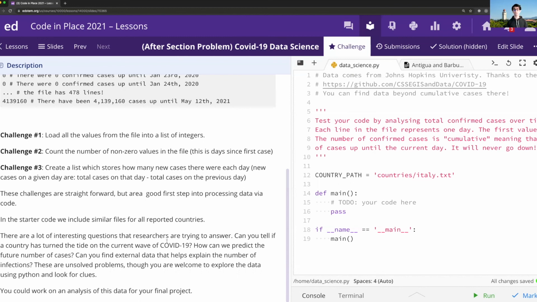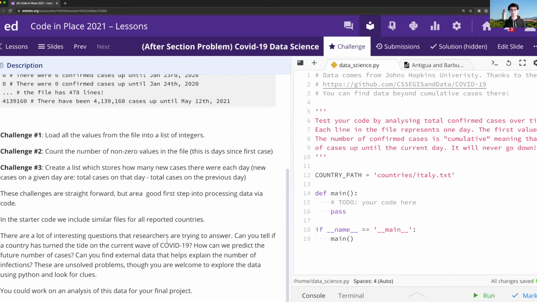Another thing is, can you try finding data outside of this, Googling it and doing your own research to find information that may correlate to the data over here, noticing, for example, events in your country that maybe led to spreading, or policies your country enacted that maybe led to COVID cases decreasing. These are all fascinating things to be able to do. And like I said, there are no correct answers. What's exciting about something like this is that you get to decide both the question as well as your approach to the solution. And really deciding both those things makes the process of arriving at an answer even more thrilling.